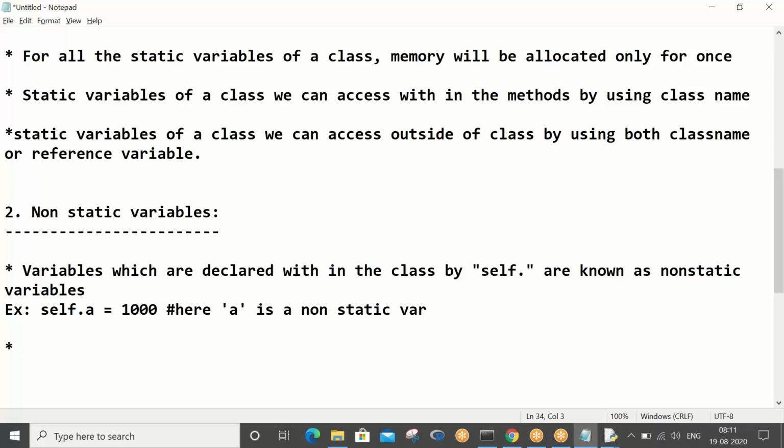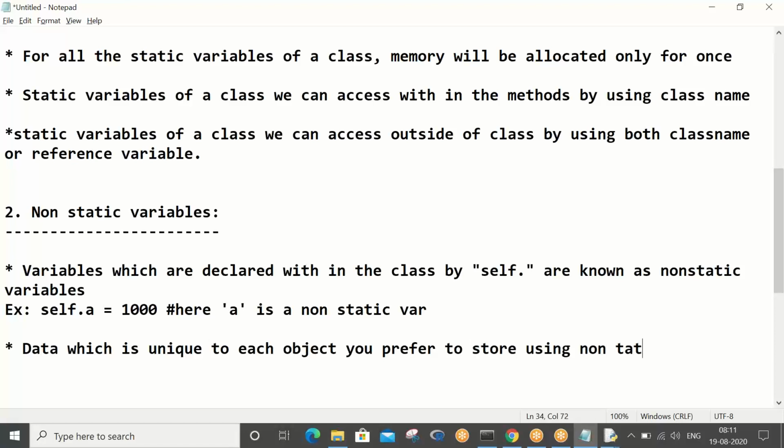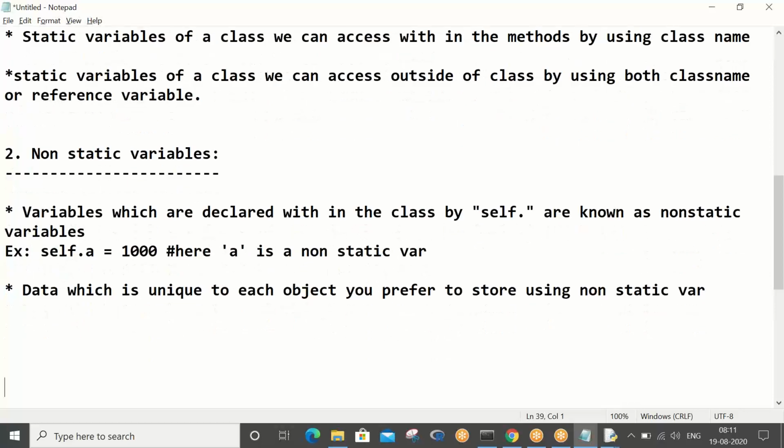So what do we use this for? The data which is unique to each object you prefer to store using a non-static variable. Guys, this matters.